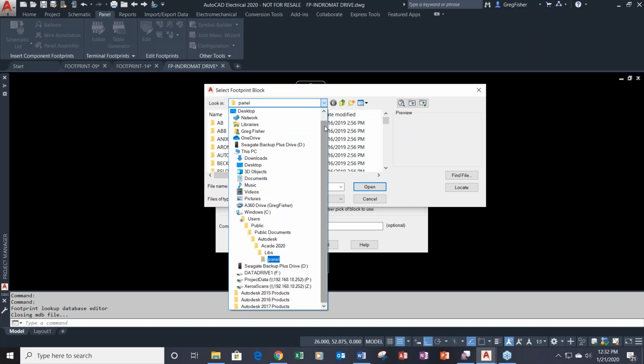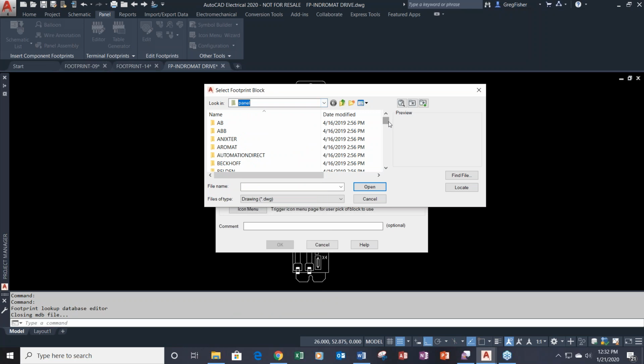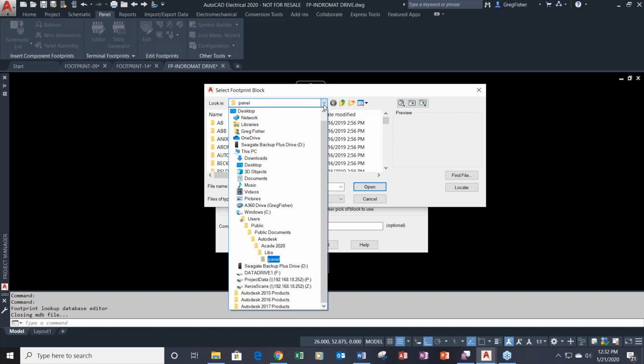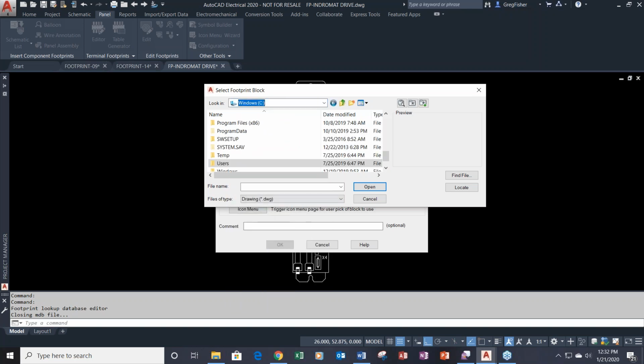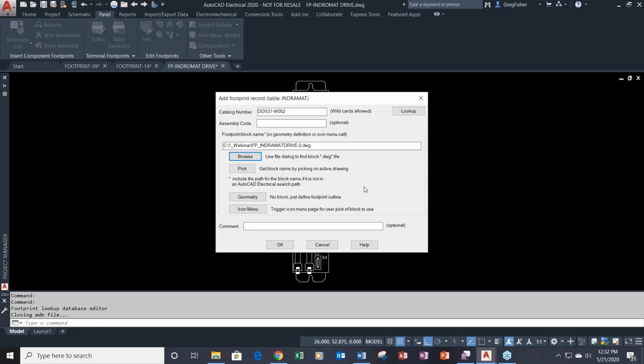Here's where I was just referring to, they're out of the box. It goes to your library. And then every manufacturer has its own folder in there. I'm going to store it, or I already did store it, in my own custom folder. And here's the one that I just created. You can see the date on there, the time. You know this is the one that I just created. I pick open, and then as you can see right here,